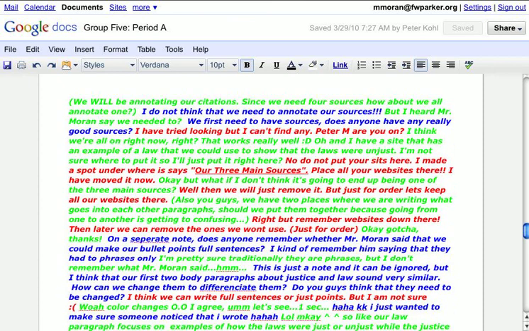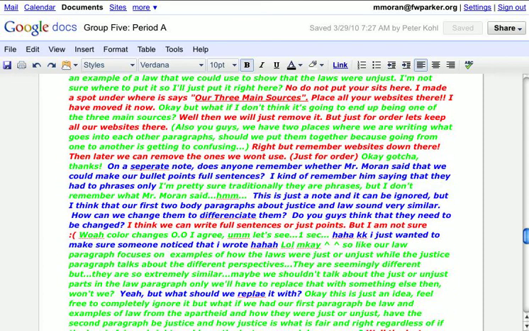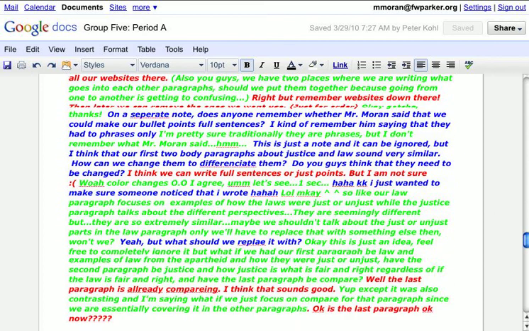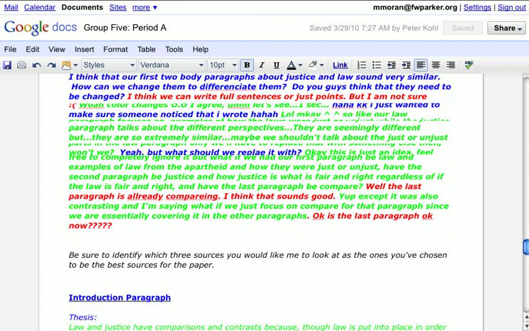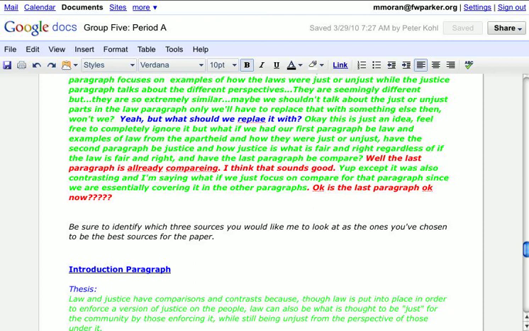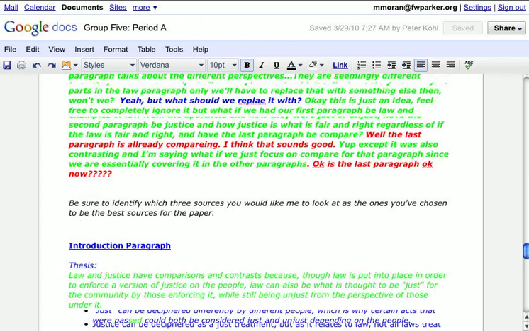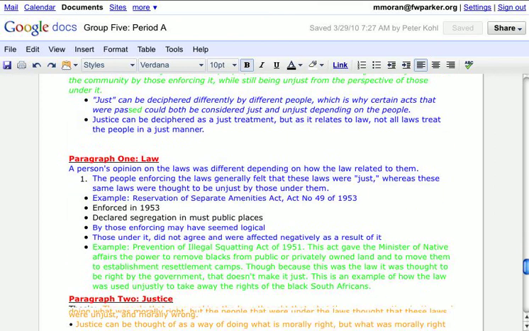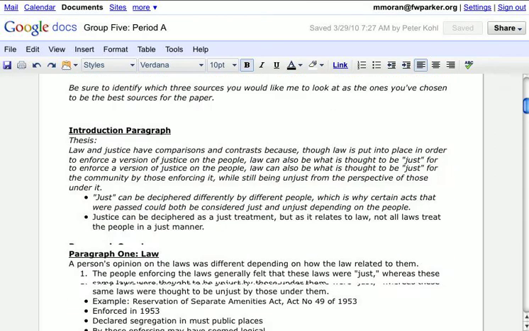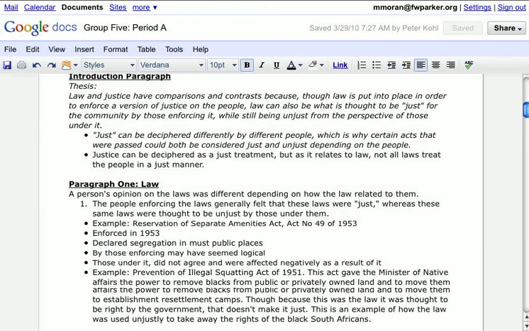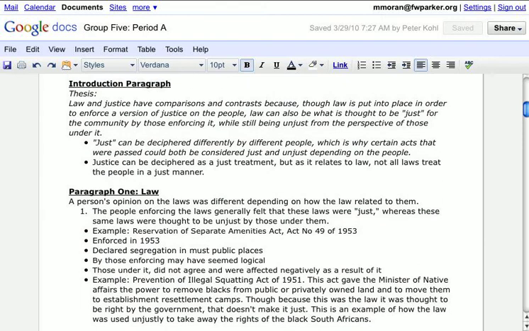And all of this is the work. I can see exactly what they said to one another the whole time. And now they've got a practice one here where they put together some stuff. And then if we go up to the top, the final product is right here. You can see there's their thesis. Here are their points underneath it. Here's their paragraph 1, their topic sentences,